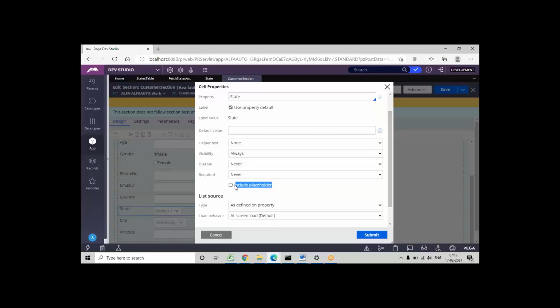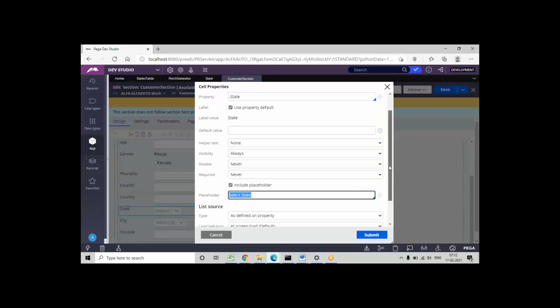We need to enable this checkbox. The purpose is to provide a default value or caption value. I'm giving something like select state, and this will display as the first value in the drop down.